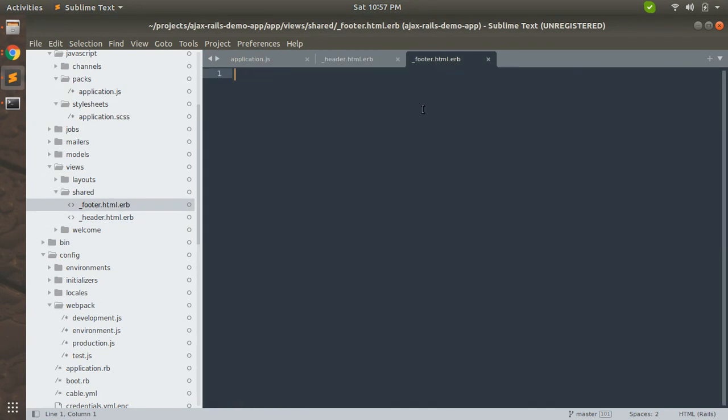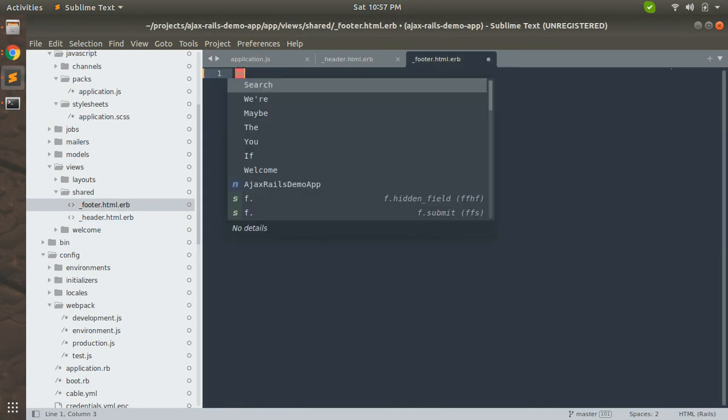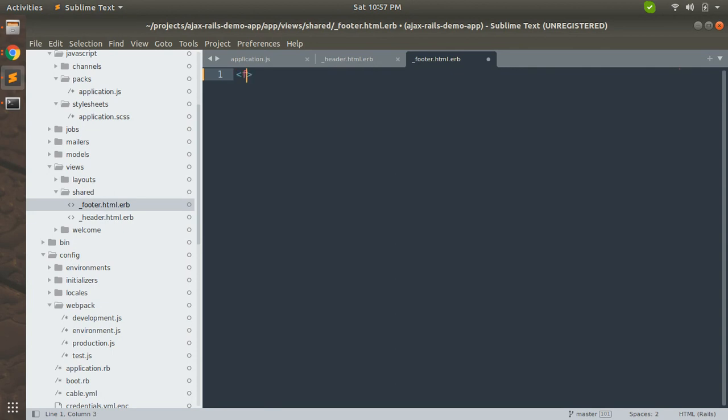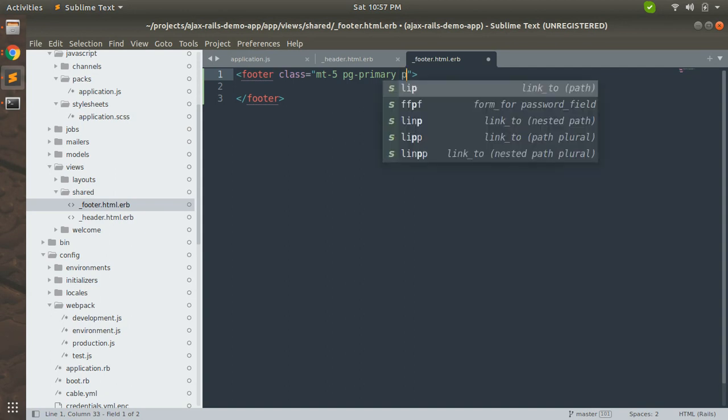And now let's write something in the footer. Let's create a footer. You can add some Bootstrap classes here. Let's add the class mt-5, that is, give margin from the top, and we'll add bg-primary for some background color for the footer, and then p-3 for some padding.